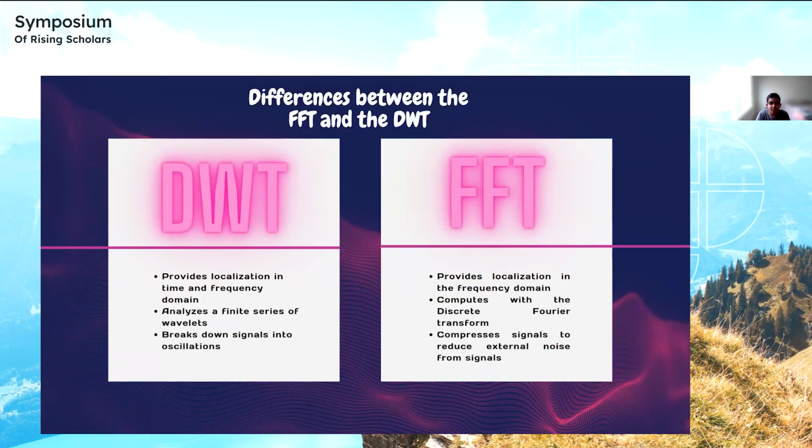One of the main differences between the fast forward transform and the discrete wavelet transform is that the fast forward transform can only extract information from the frequency domain of signals. So it can only portray the amplitude of signals, but it cannot portray signals that are spread across various time intervals. So even though the fast forward transform can reduce the amount of time to collect brain signals, scientists will not understand how much time, like specific time, it would take to collect these signals, and this can lead to